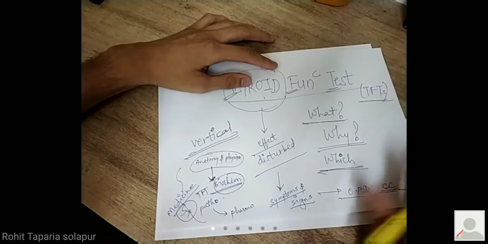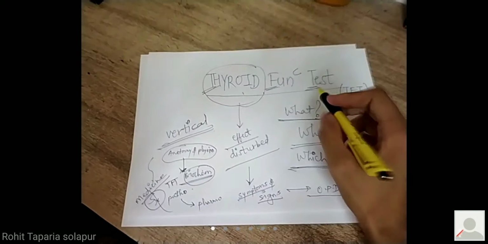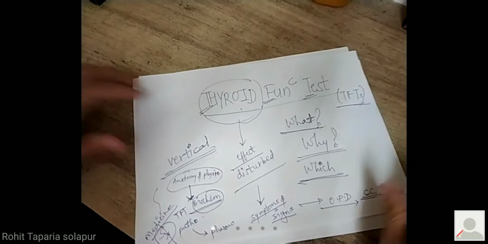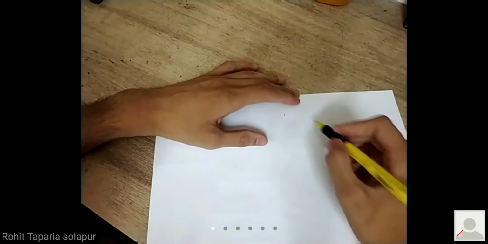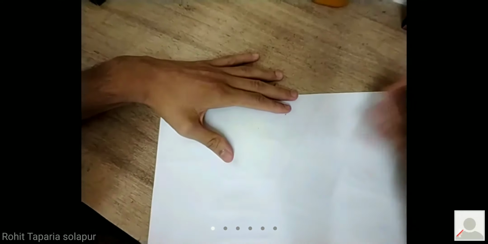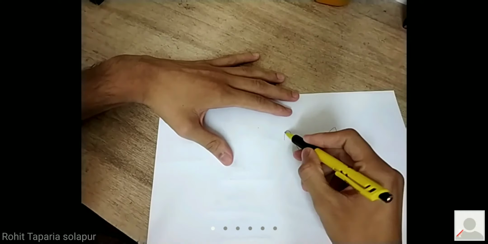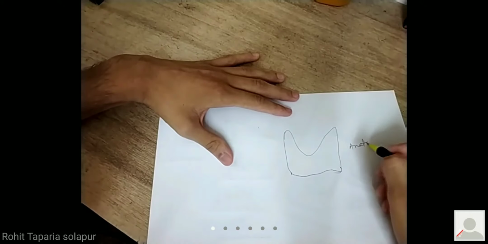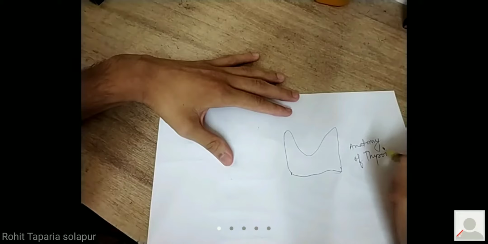Okay, so now we will answer all of these questions which I have raised. First question is, what is the need and why is the need? For that you should know what is the normal. I will not tell you about the anatomy of the thyroid gland yet. I think we can take a separate video on the anatomy of thyroid, because it's a very important LAQ. So I'll just tell you there are two lobes.